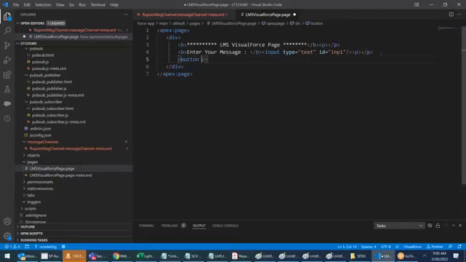Button tag, we will not close it like this. Button, and the button name is send message or publish message. A button will come called publish message. Whenever you click this button, on click,